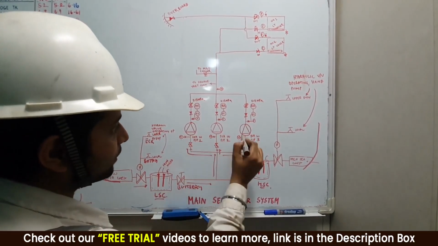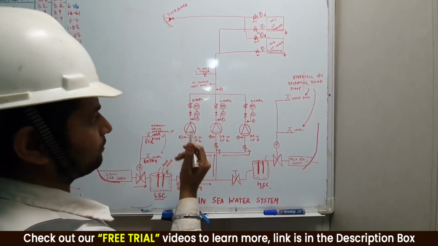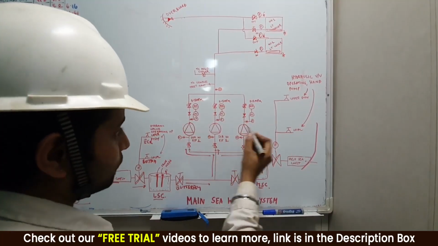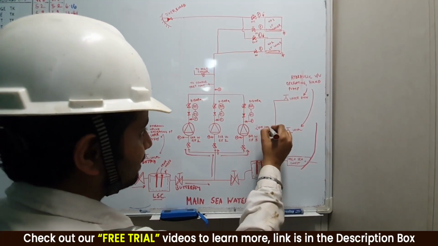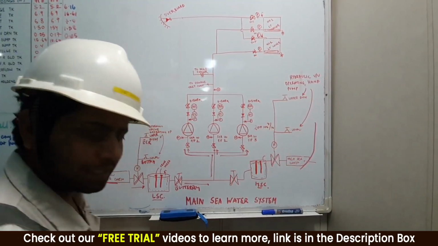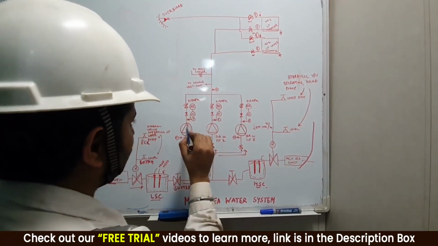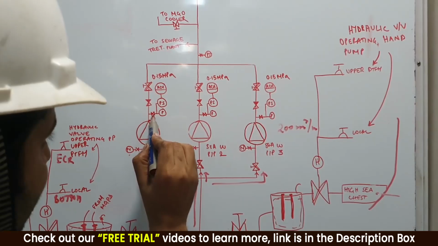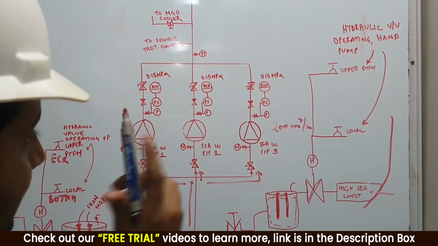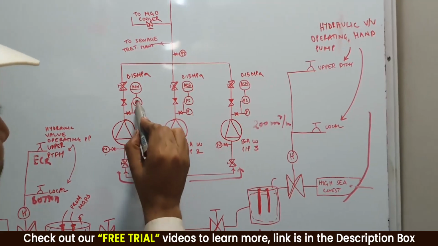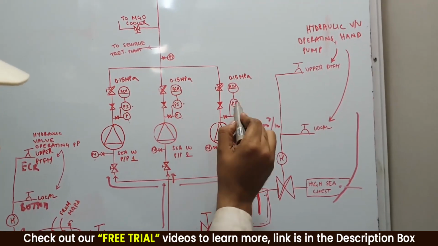Okay, so we have come over here. Now this centrifugal pump is running. These are all three main seawater pumps, each of 200 cubic meter per hour capacity, and since it's pumping seawater, it's a centrifugal pump. See, guys, on the discharge side again I have a pressure gauge fitted over here, which tells me the discharge pressure. I have also got a pressure switch fitted over here. You see, PS, pressure switch.